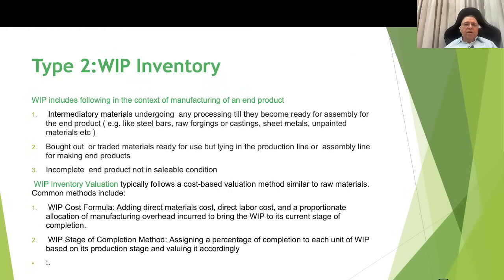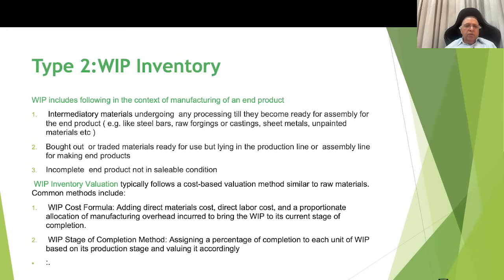Type 2, WIP inventories, work in progress inventories. WIP includes the following in the context of the manufacturing of an end product. Number one, intermediate materials undergoing any processing till they become ready for assembly for the end product. For example, steel bars, raw forgings or casting, sheet metals, unpainted materials, etc., which need to be processed to make